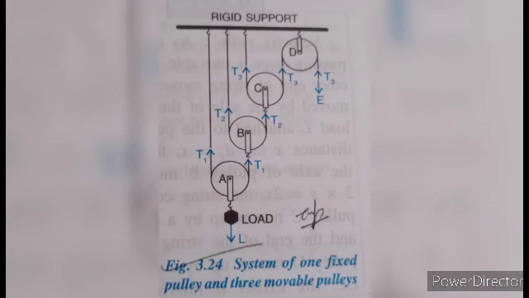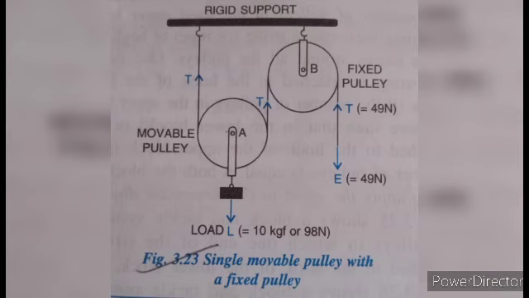We have combinations of pulley. When a heavy load is to be lifted or shifted from one place to another, we require a pulley system of mechanical advantage much more than two. So a single movable pulley is not enough, so we use a combination of pulleys. Next, you should know the difference between single fixed pulley and single movable pulley.